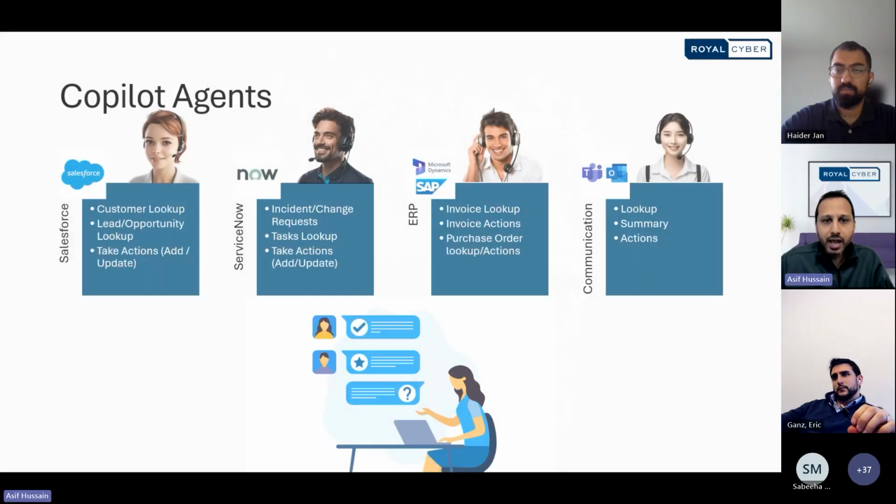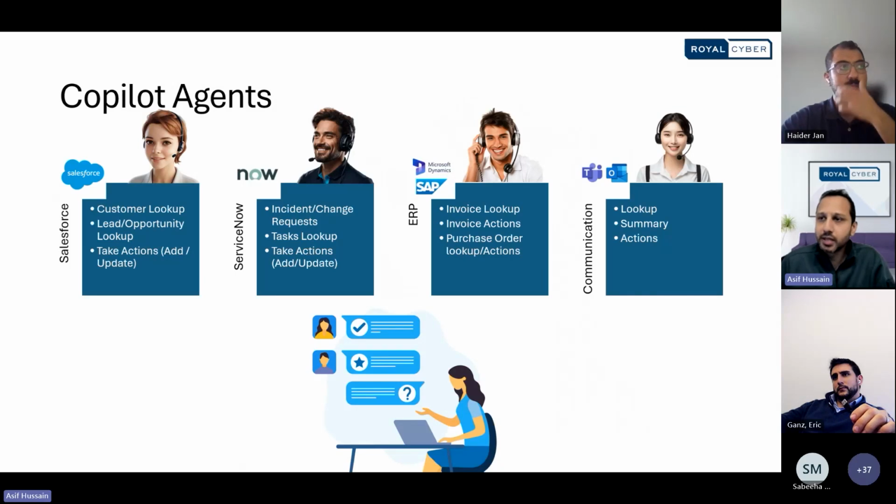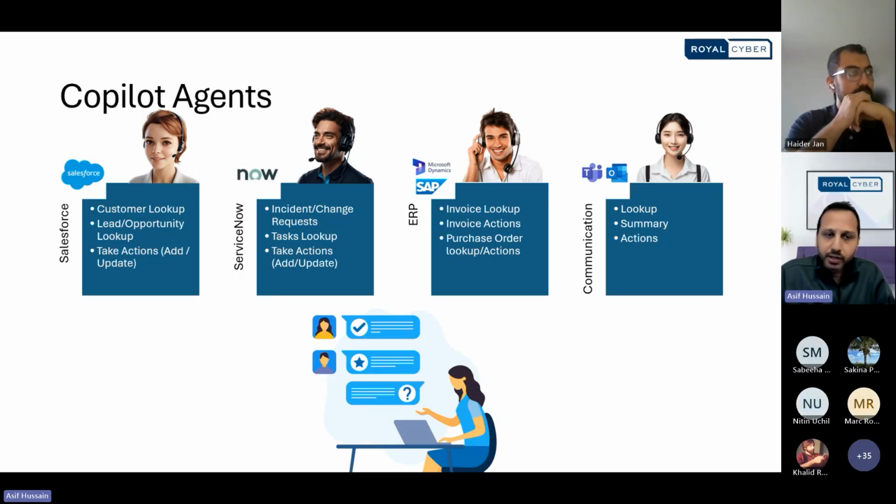So once you have these agents working within your organizations, this is how it will look. You may have separate agents for the applications that you're using right now. Some examples are here, and you can ask in natural language, or from other applications, queries from all these applications. Like for Salesforce, you can ask how many leads are open, or how many leads are assigned to me, what is the status of a particular lead or opportunity, or ask it to act on it, take some action,